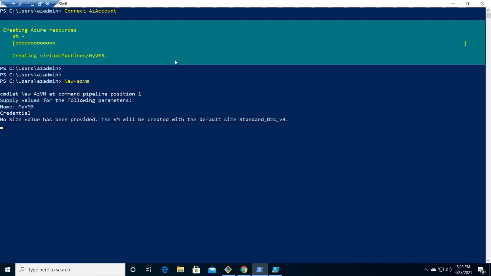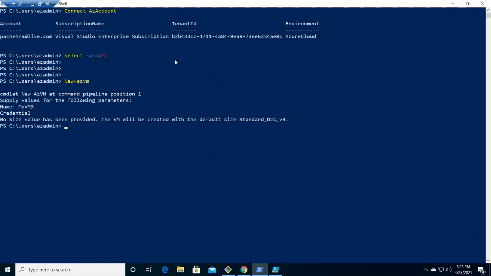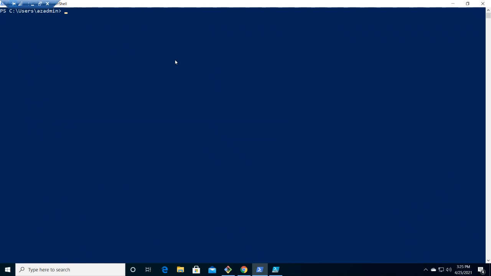These commands right here, we only need to know how it is happening. I want to show you a little more, so let me cancel it. I have canceled it. Now I'm going to show you how you can get more information on creating a virtual machine from PowerShell itself. So how can we do that? We can do Get-Help New-AzVM. We only need to see the examples.